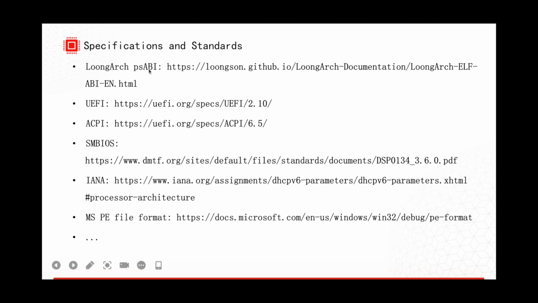For example, the system-wide ABI has a processor-related part, and for the firmware, the BIOS, LoongArch support officially appeared in version 2.10. And for the ACPI standard, version 6.5 officially supports LoongArch.